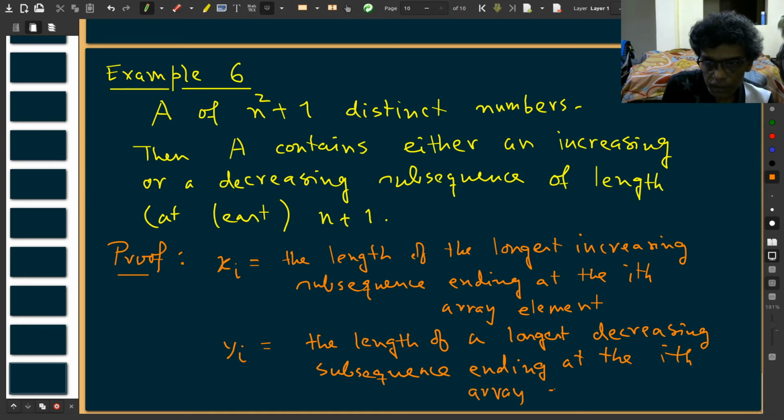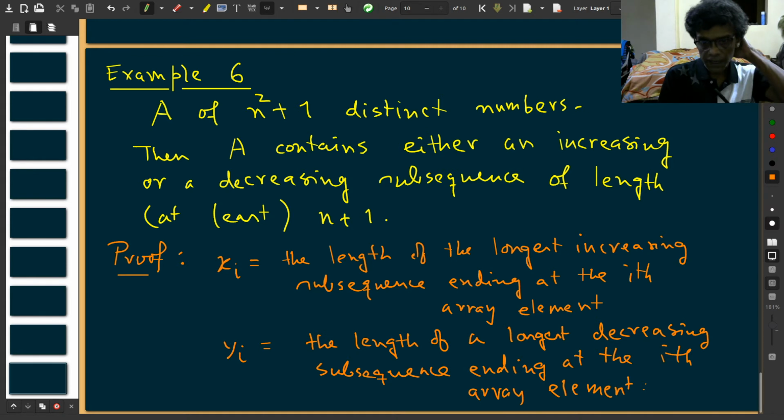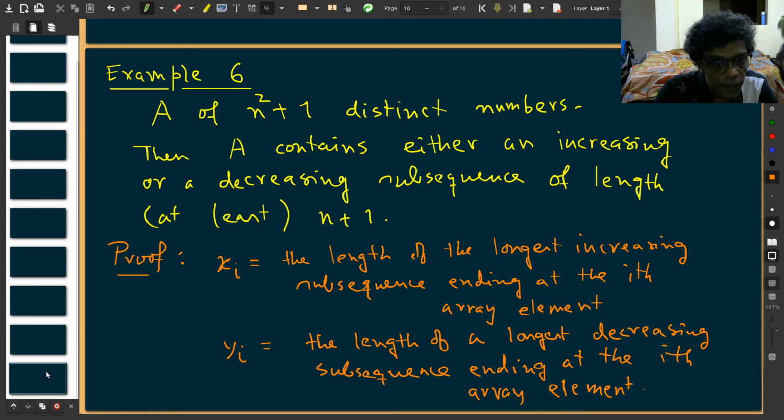So that means I will include that ith array element, and if possible, I will collect some other elements from before the ith element. Okay. Then, what do I have? Then, once I have defined these things,